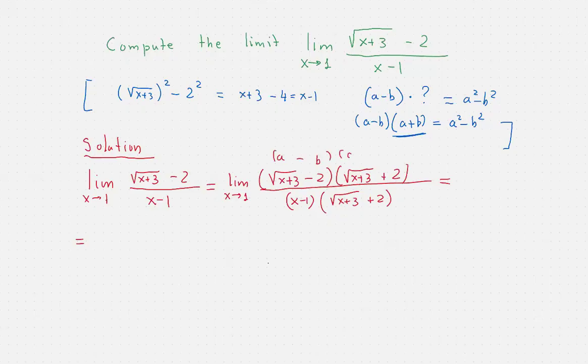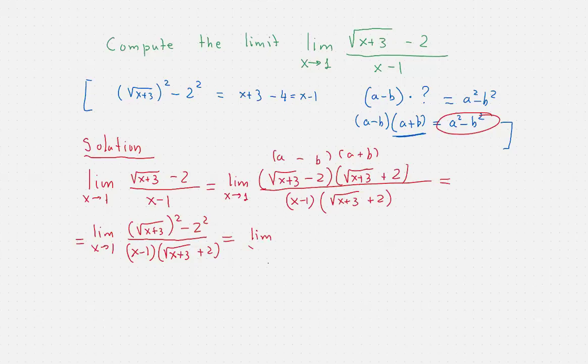So this will be the limit as x tends to 1 of the square of square root of x plus 3 minus the square of 2, times x minus 1. So this is going to give us x plus 3 minus 4 over x minus 1